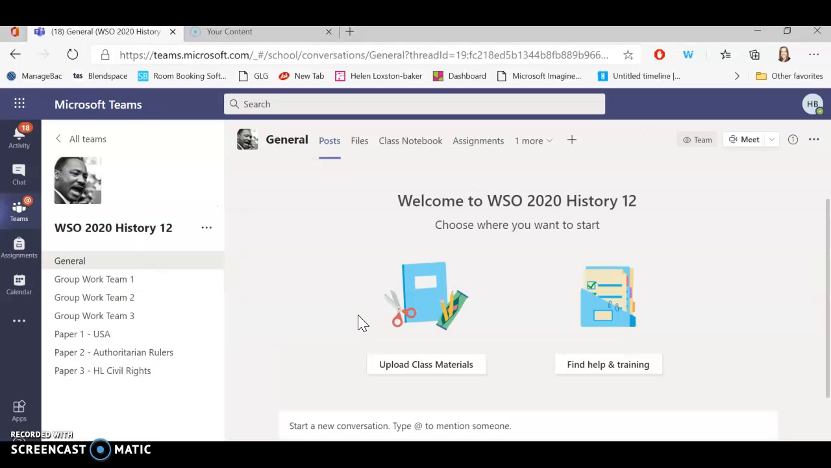It's a brand new class that's just been set up. And you can see down the side I've got 7 channels set up already. The general channel's not got anything in it at the moment, but if we go to the bottom, we can see that we've got a channel for paper 1, a channel for paper 2, and a channel for paper 3. And this is one of the ways that you can use channels, to actually help organise lesson content